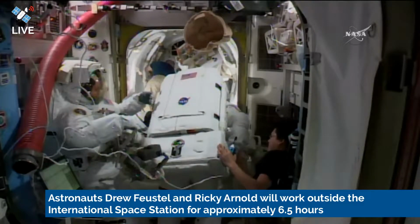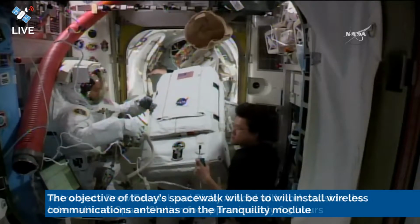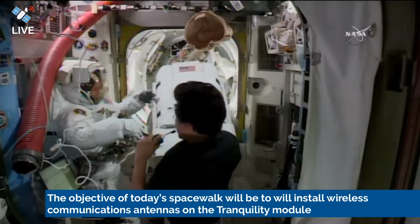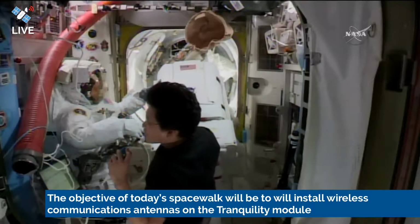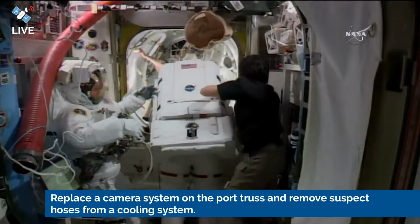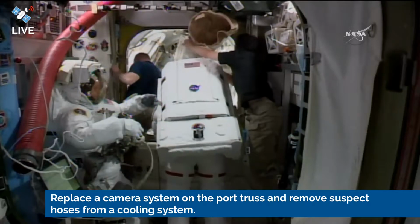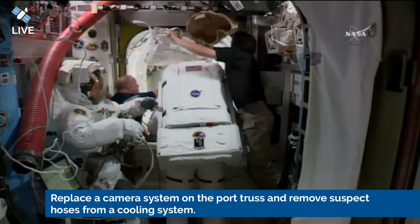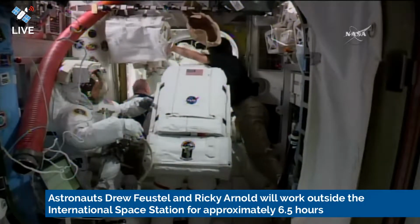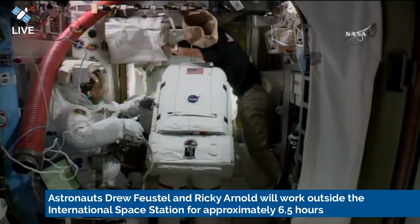He'll be followed by Ricky Arnold, who will have his safer unit, as it is called, mounted on the back of his extravehicular mobility unit. He'll join Feustel inside the crew lock section of Quest, as we're about 19 minutes away from the point at which the go for depress would be passed along to the crew from the flight control team here in Mission Control. That'll be after the hatch is closed and the crew has maneuvered